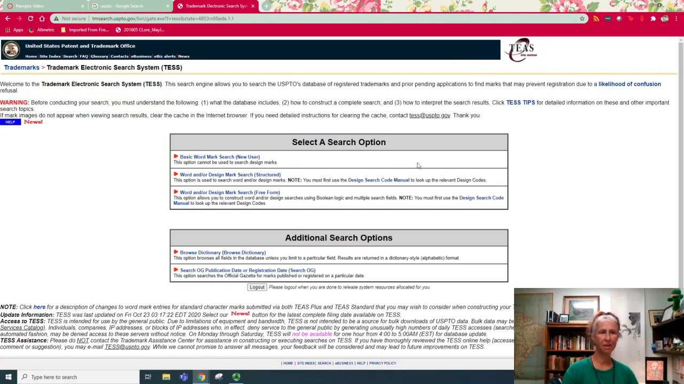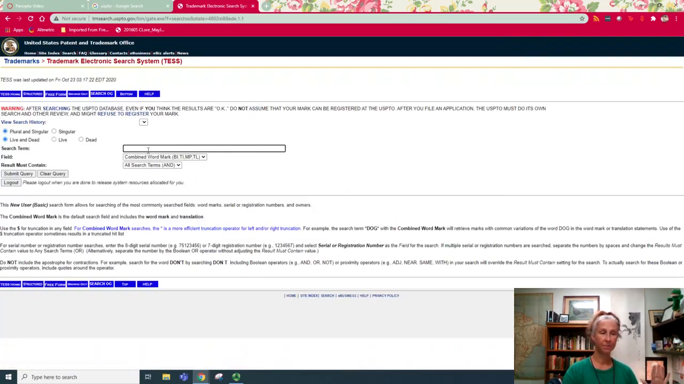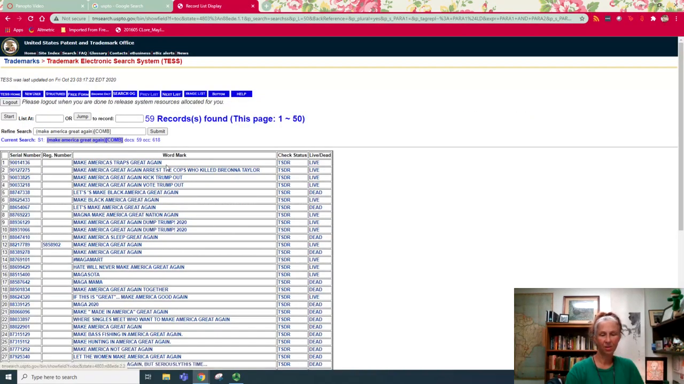This has not changed very much either. You can mess around with this, but basically your basic word mark search is pretty easy. I'm going to search for Make America Great Again. And then submit query, and look, lots of people have applied for trademarks, and you can see the reg number is one that's actually been